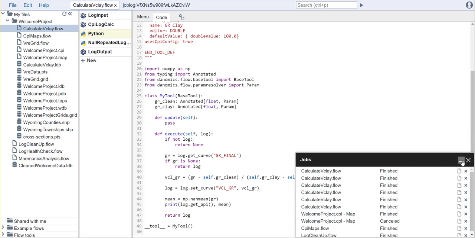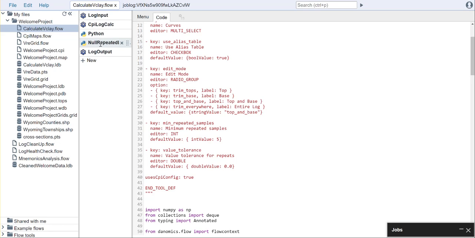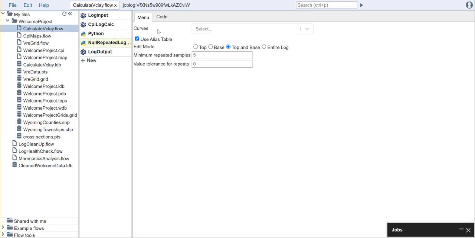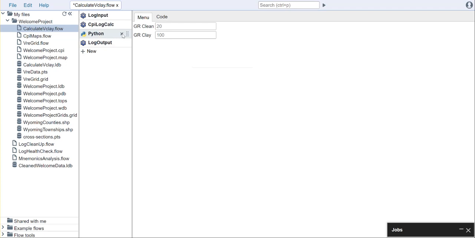Okay, so now we see that that flow has ran successfully. Actually, this time we ran it with an extra tool, which was this null repeated log samples, although we didn't actually have the tool doing anything here. Okay, so the last thing that I want to show you in this video is now that we've built this front end and we have Gamma Ray Clean and Clay available,